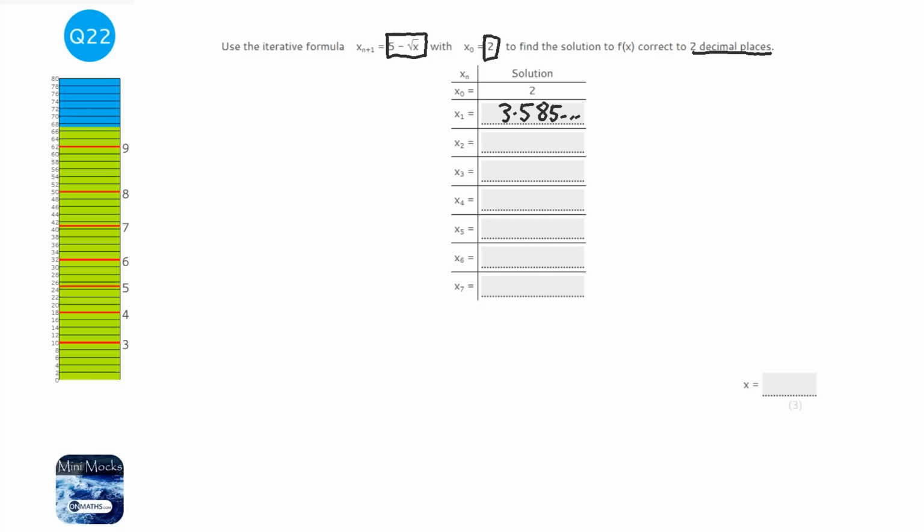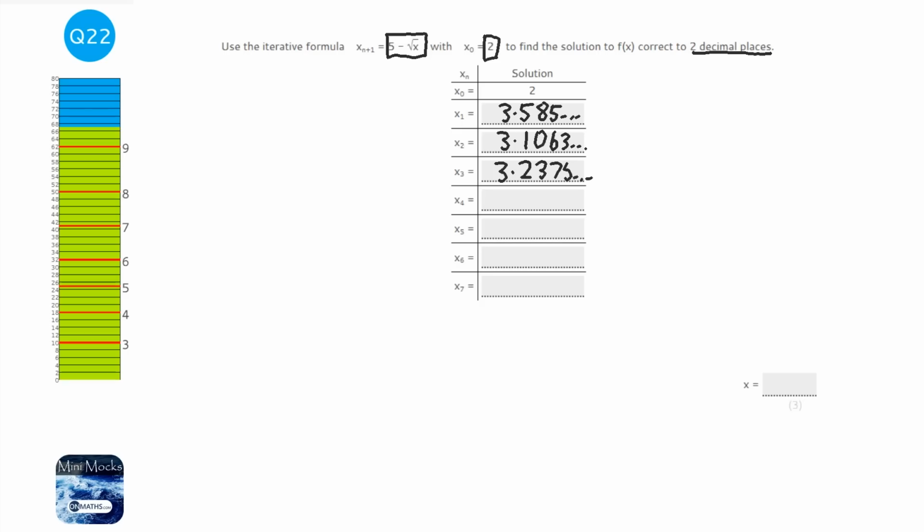3.585 blah blah blah. Now, the beauty of these modern calculators is if I press equals again, it will use the 3.585 number and put it back into the equation. So all I need to do now is just press equals, and it gives me 3.1063 blah blah blah. Again, equals